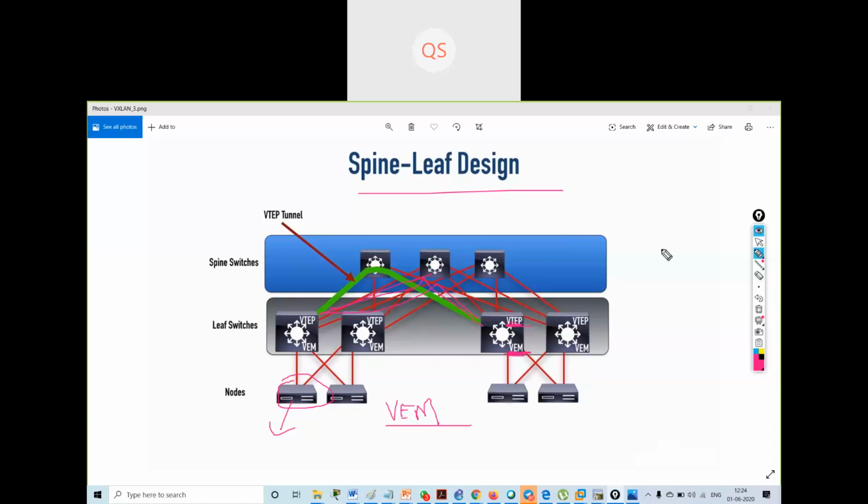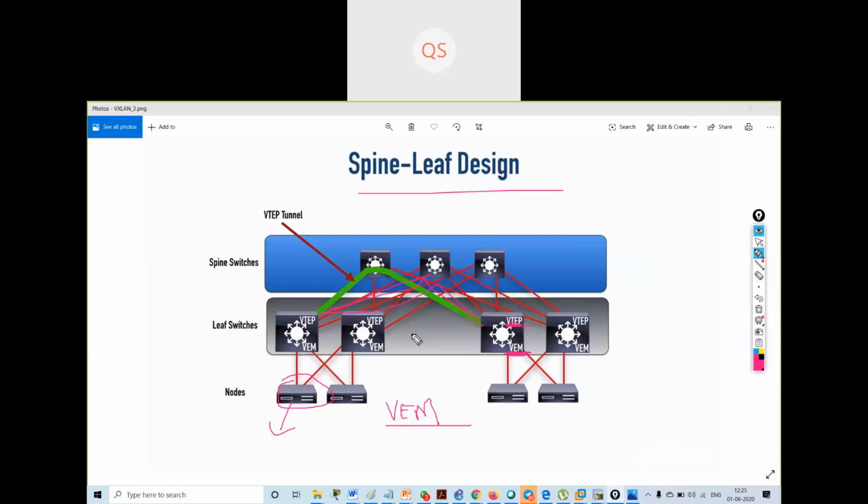Instead of just using one link, the VXLAN switches know how to load balance the traffic across all the different links in the port channel. This can dramatically reduce congestion in the data center.